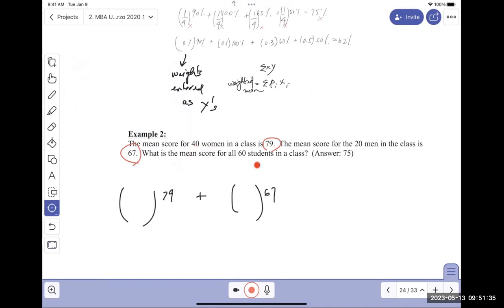40 women out of 60 would be the weight for women, and 20 out of 60 would be the weight for men. Now, to get the precise answer, you do not want to just round these values, right? 4 out of 6 is a repeating decimal, I believe. So you want to keep that. So what you can do